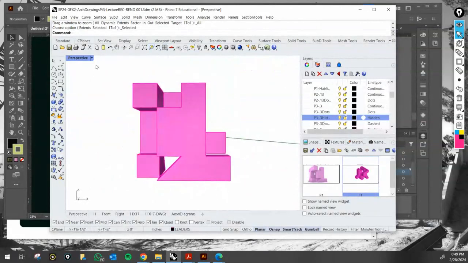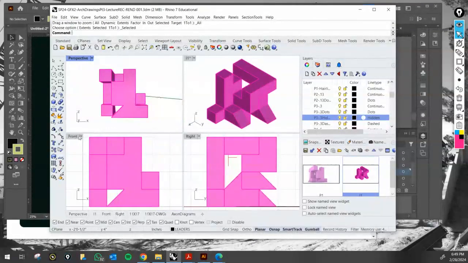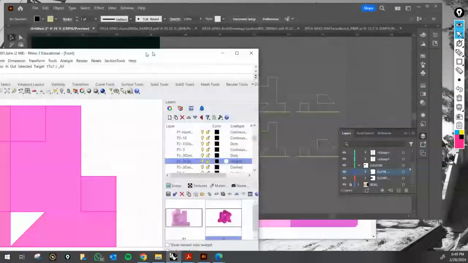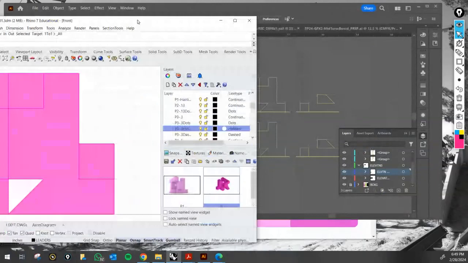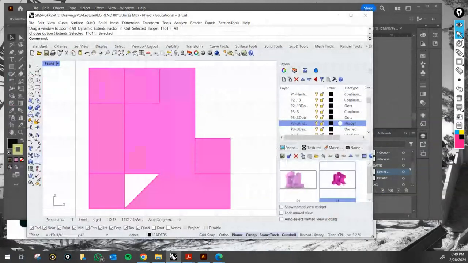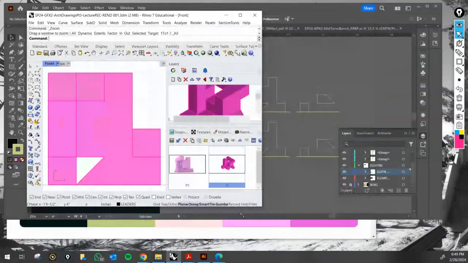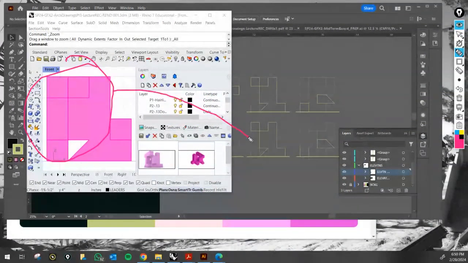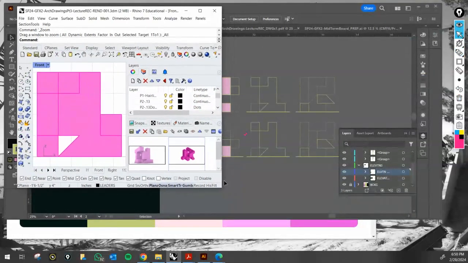So we basically want to get its front view, which is this one right here, this view that should match in this case. Let's see, can I do this right here? All right, this view matches that view right there, that elevation. But before we export that,